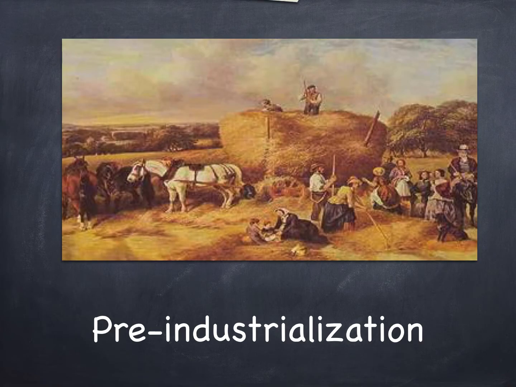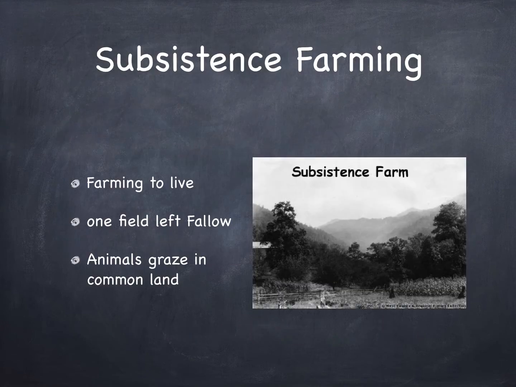Before the Industrial Revolution, we have to discuss how people got their food, because there is no industrial revolution unless there's an agricultural revolution that allows people to get food easily and not spend their whole day on the farm. Okay? So, before the agricultural revolution, there was what was known as subsistence farming. Okay, subsistence farming. And that just means farming to live.